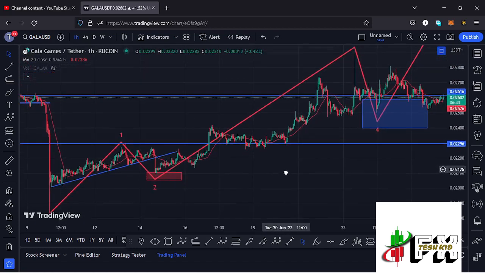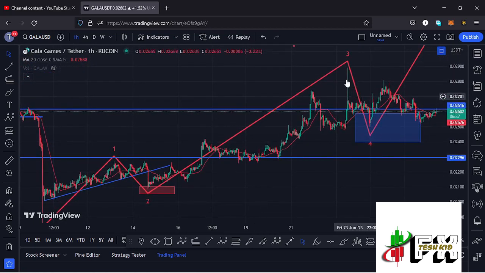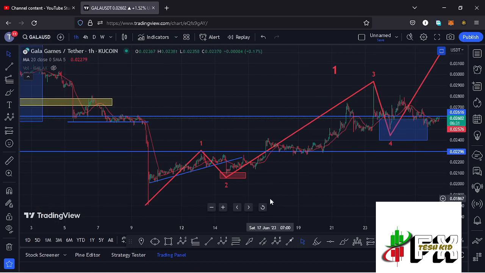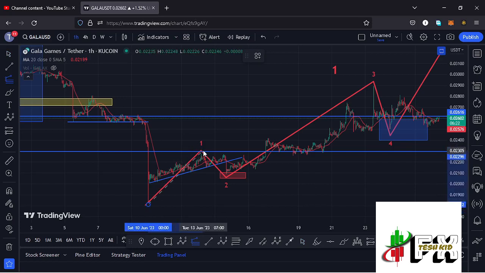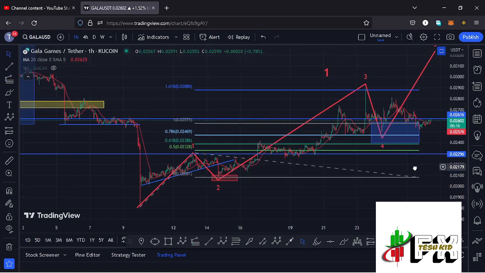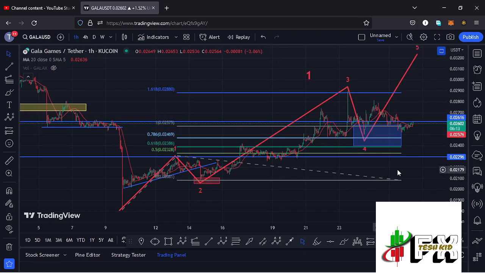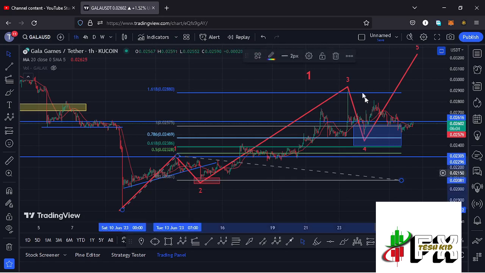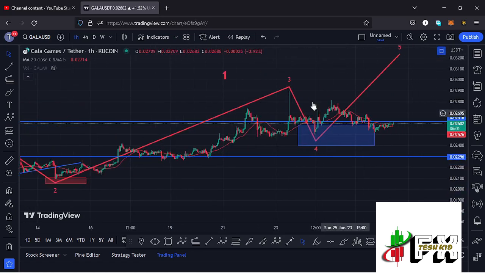Then we saw a very nice reaction of the target area and started an impulsive move in the formation of this wave 3. And in my previous videos, I have been giving you minimum target areas for that third wave to the upper side by connecting the trend-based Fibonacci from the low of the first wave to the high of that wave 1, then dragging the fibs to the low of the second wave, giving me a minimum target area at the fib level 1.618, and that is at around the $0.02288 mark, which is an area that we fully maximized. And you can see that we perfectly fully maximized that target area, and we were able to put in place the high for that third wave to the upper side.